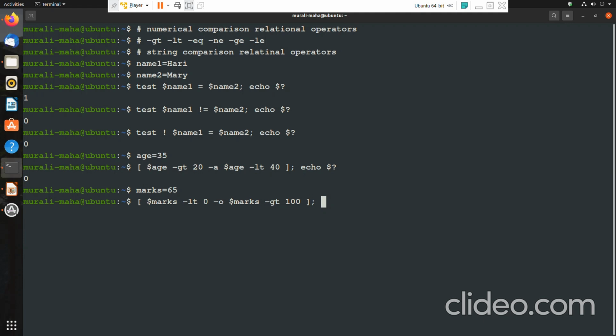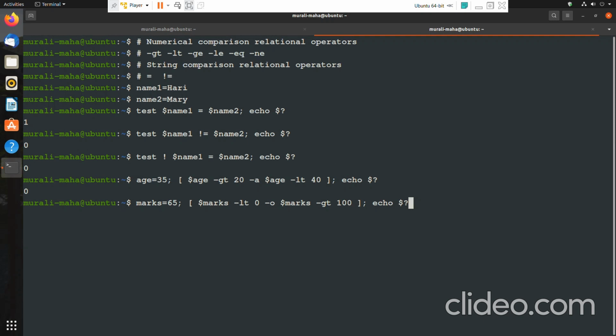Now echo $?. This would be evaluated to false, because less than 0 is false and greater than 100 is false, so the entire expression is evaluated to false. Yes, it is false.